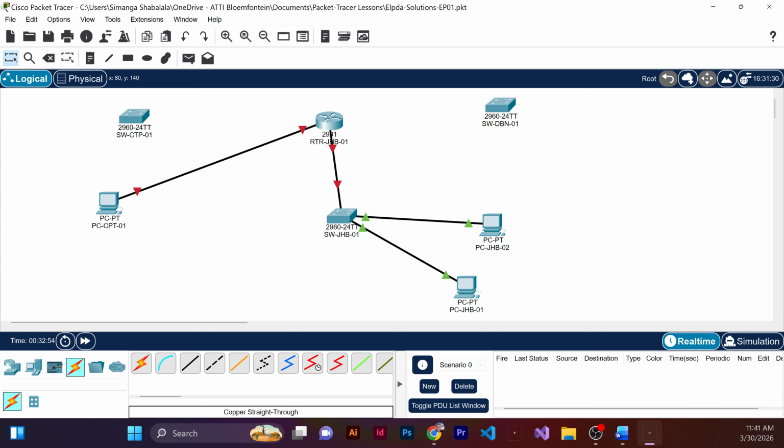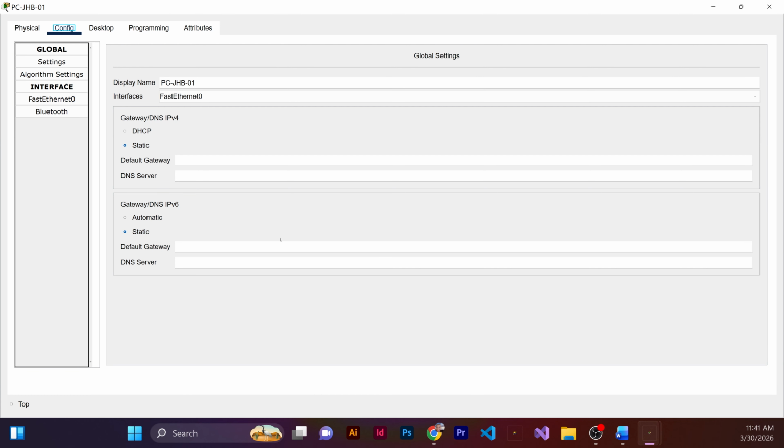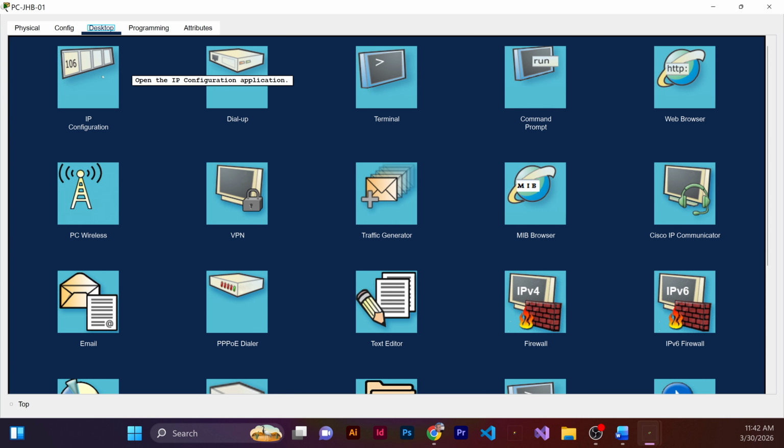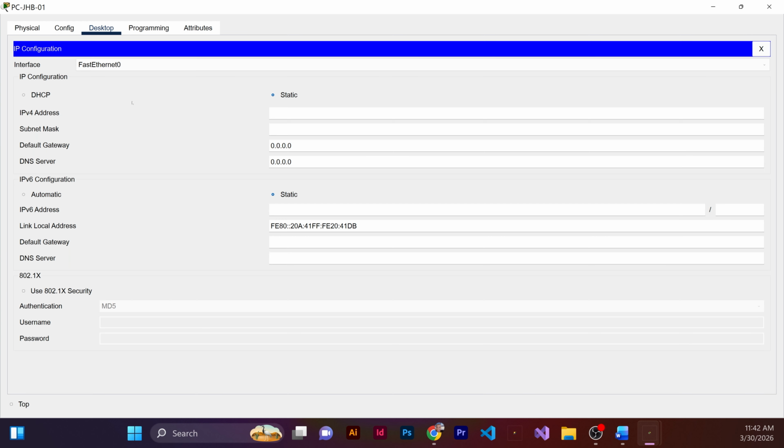Let's give everything an IP address, because right now they cannot communicate. You need to open the properties. You can click on the desktop tab. Let's start with PC Johannesburg 1. You're going to click on Desktop, and then on IP Configuration. It's static, and we're going to give it an IP of